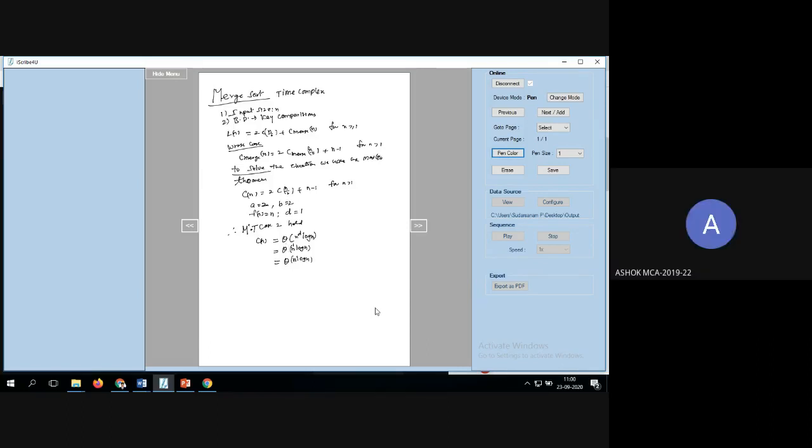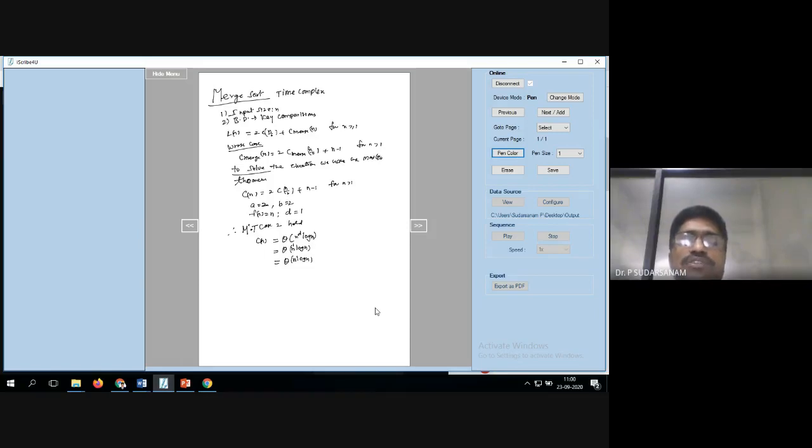So based on the master theorem, we have to take these values. Don't get any confusion in this. Why have we taken theta of n power d log n? Because of how you have taken your equation, you are making two equal parts. So two parts: C of n by 2 plus n minus 1 elements, for n greater than or equal to 1. That is what we have taken. Now according to this, A is equal to 2, B is equal to 2, and D is equal to 1.